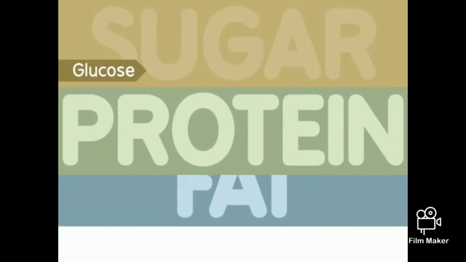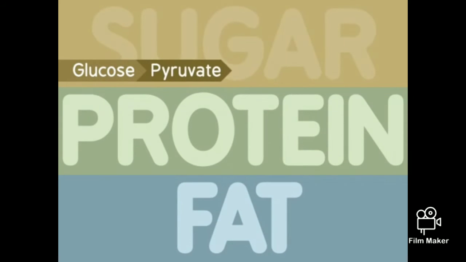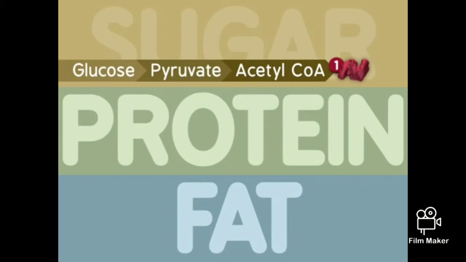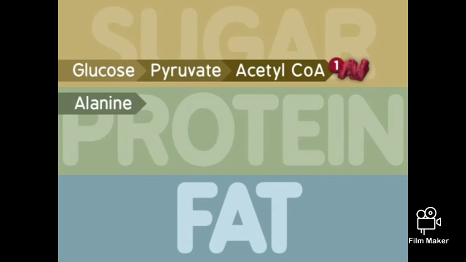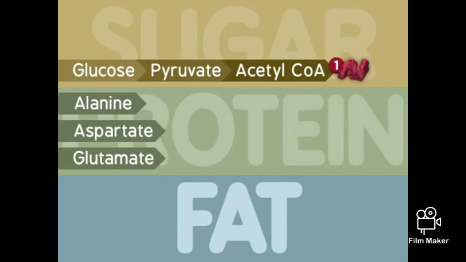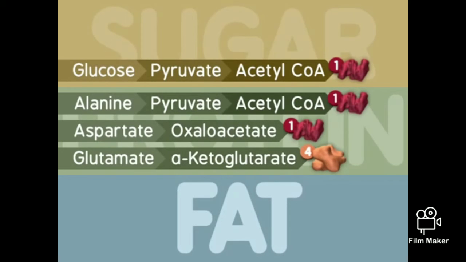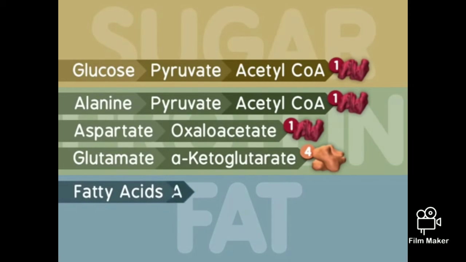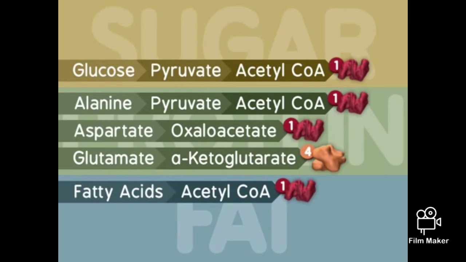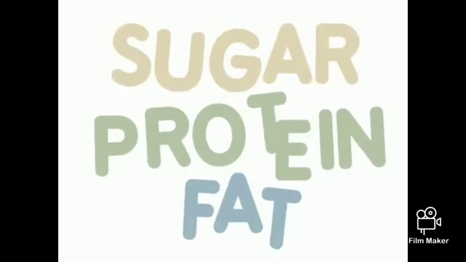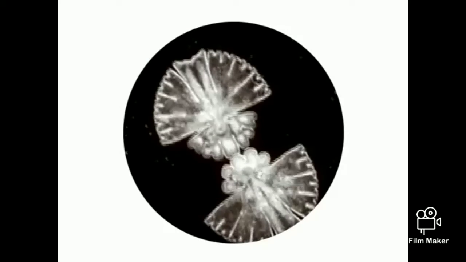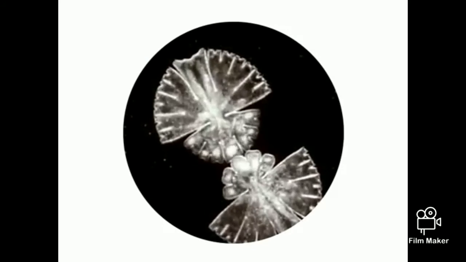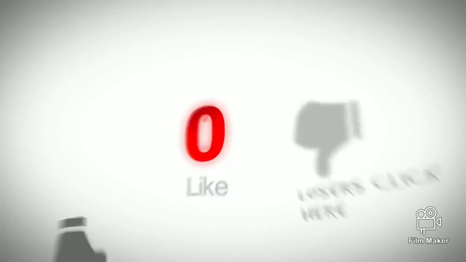In addition to sugars like glucose, proteins and fats can also provide carbon substrates to fuel the citric acid cycle. Proteins can be broken down into individual amino acids such as alanine, aspartate, and glutamate, and converted into intermediates in the cycle. Fatty acids can be broken down into acetyl-CoA, which then begins the citric acid cycle. This metabolism of sugars, proteins, and fats through the citric acid cycle provides the vital energy necessary to maintain many cellular